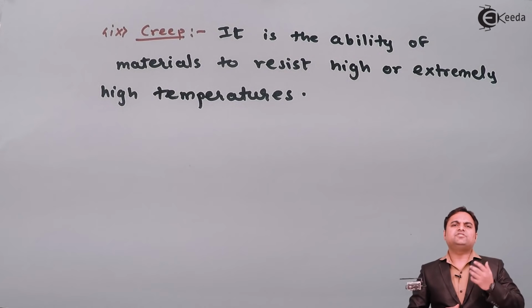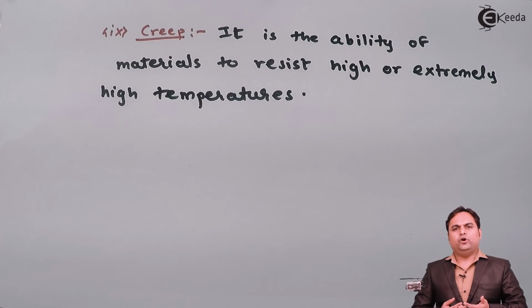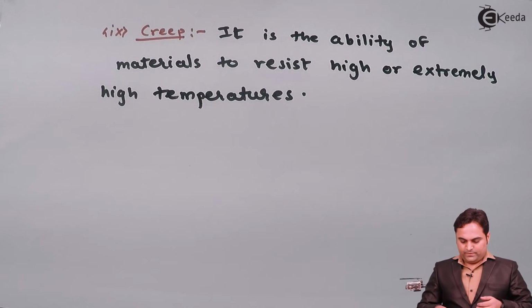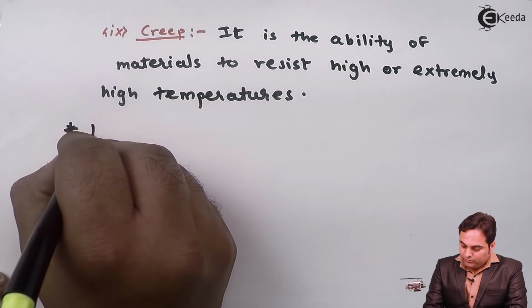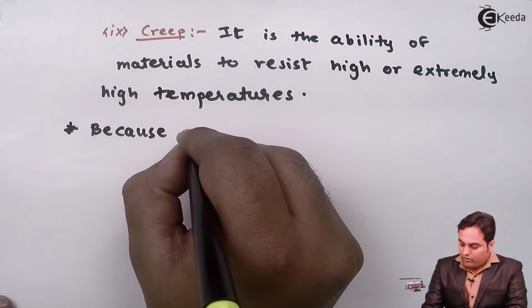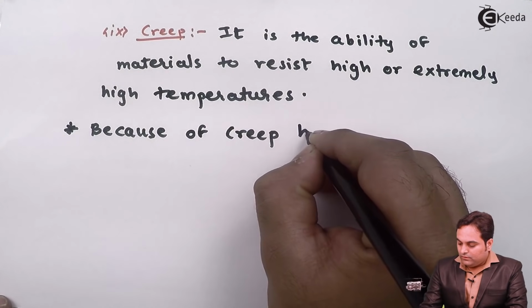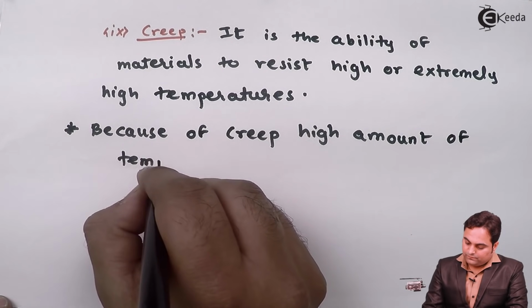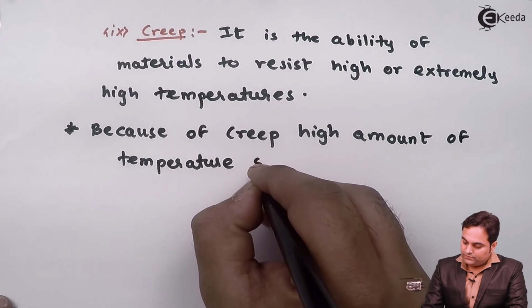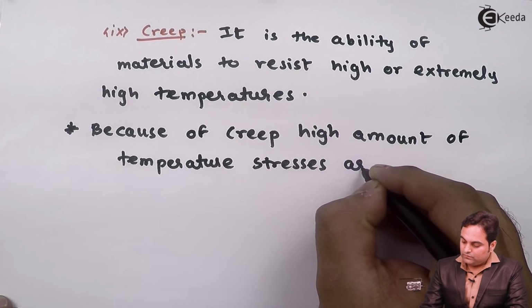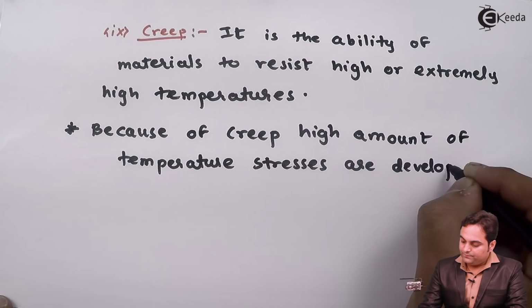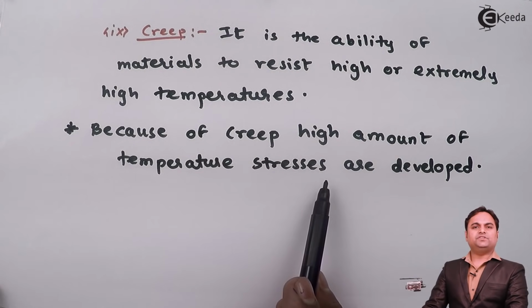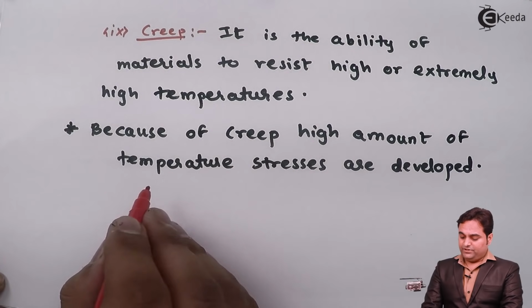And if the material changes its shape when the temperature is high, then it would be called as the material is not able to resist the high temperature, then it would be less in creep. So here I can write down, because of creep, high amount of temperature stresses are developed. A very classic example, like because of creep, high amount of temperature stresses. Creep results in the temperature stresses,